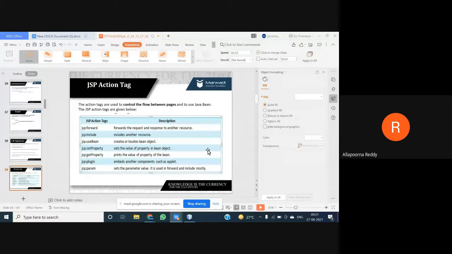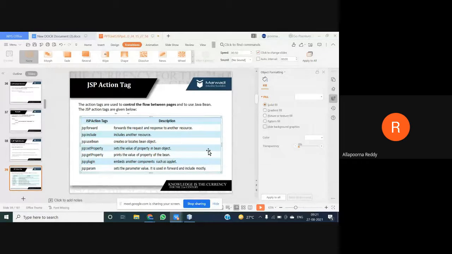Then that can be done with your action tag called set property. The same thing, if you want to get back the value which you assigned to that particular bean, you want to know it from your side. For that purpose we are using an action tag called get property. There I'm calling methods, here I'm calling action tags, because JSP is a purely tag based approach. Set property, get property: there we are using methods, and here I'm calling action tags.